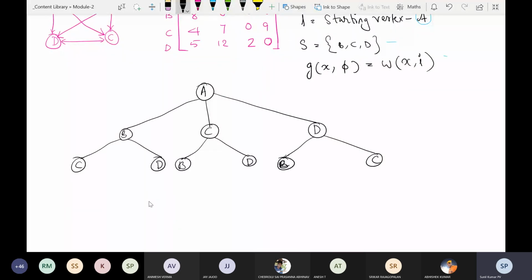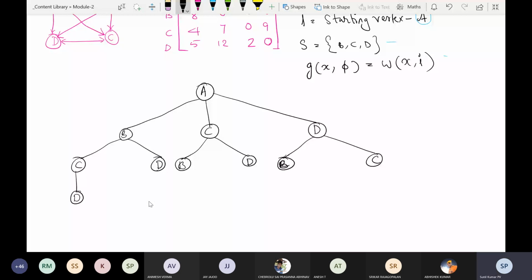So from A, he visited B and then he visited C. Then what is the next choice? D. He has only one choice. He can go to D. That's all, because that is how the problem is framed. Now A to B he visited, from B to D he visited, from D where can he go? What is the remaining vertex? The remaining vertex is C.